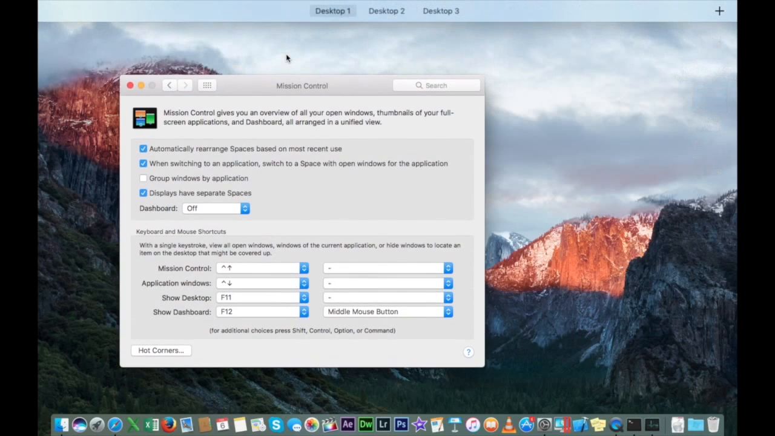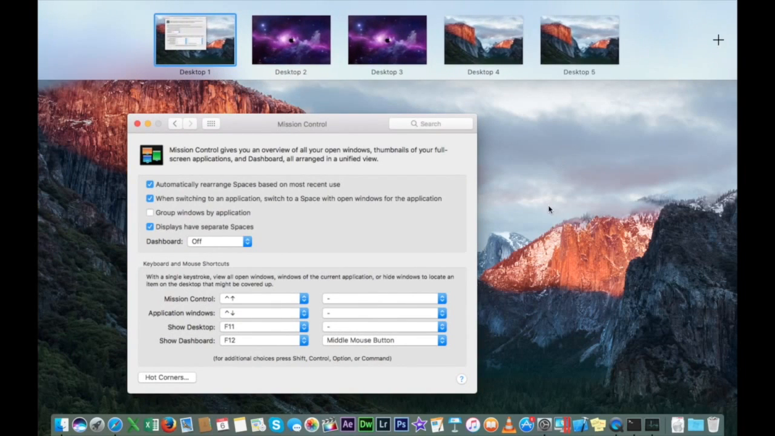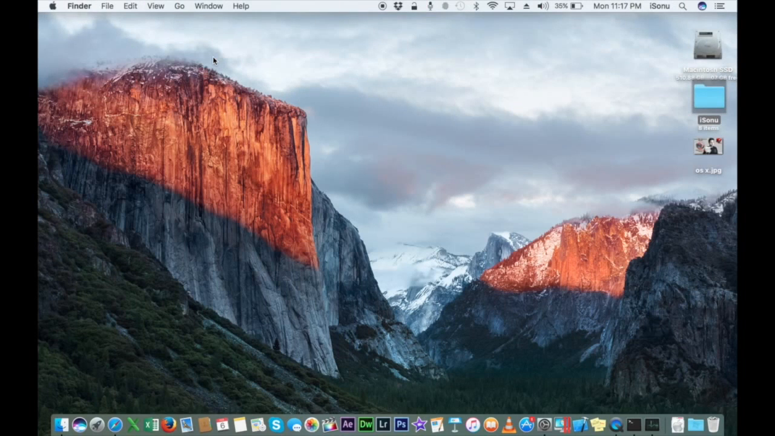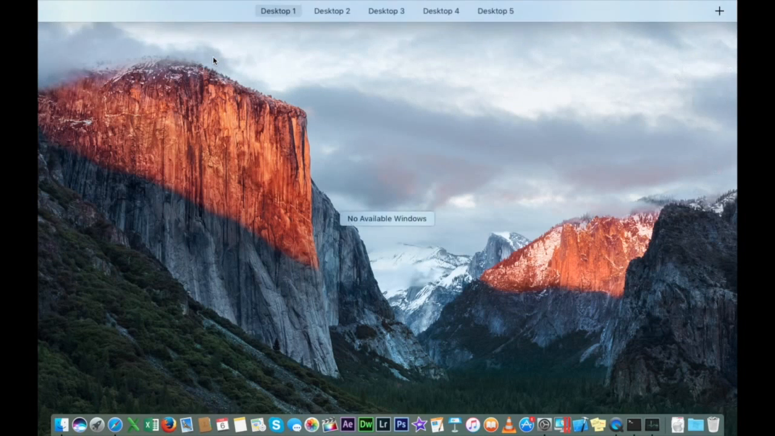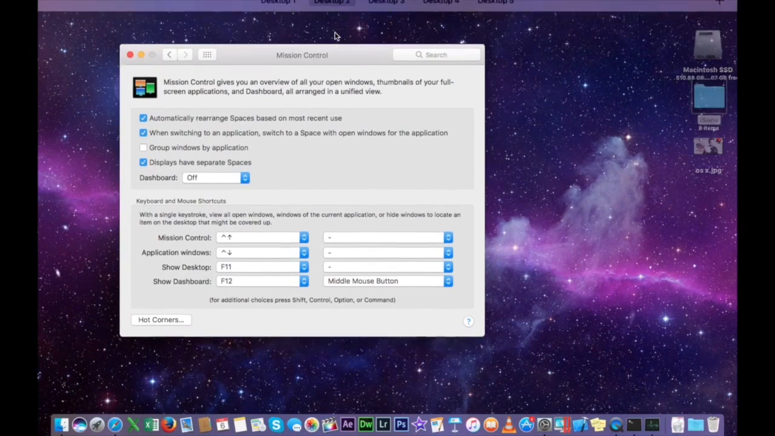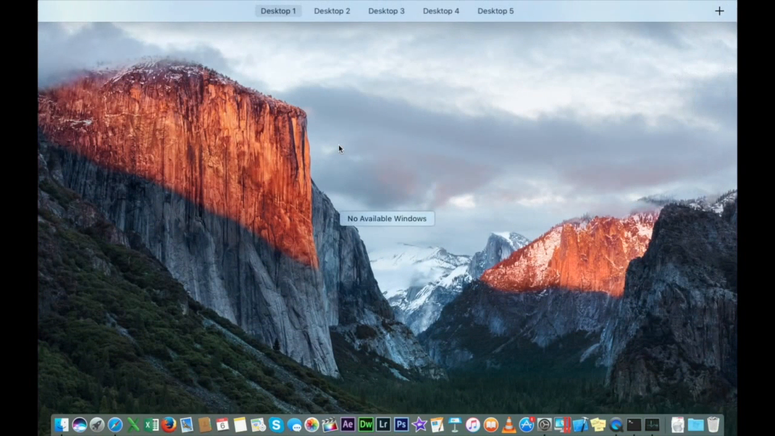Let me demonstrate this. Now this is Mission Control. You can have multiple desktops and arrange each application inside a desktop and work on it. For example, Mission Control is my first desktop. I can just move it to the second desktop. Now boom, see, there's no Mission Control in my first one. Now I can also customize each desktop based on my preferences, and I can change the